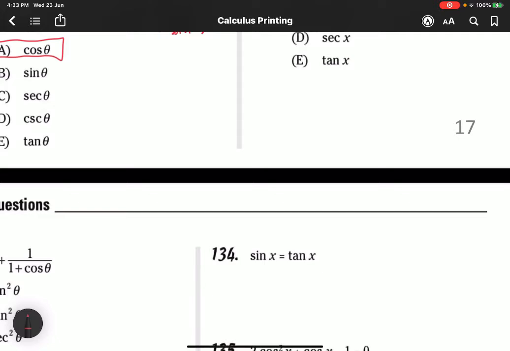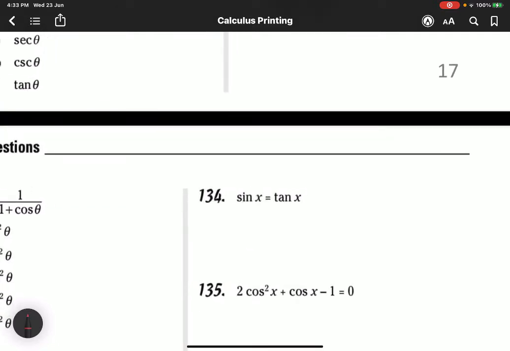So 134, we have sin x minus tan x equals 0. So alam natin si tan, ay, so lipat natin si tan doon sa kabila. Gawin natin 0 yan. So may siyang negative. So si tan alam natin, equivalent siya sa sin x over cosine. Yan. So we have sin x minus sin x over cosine x. So to solve this, we will be having